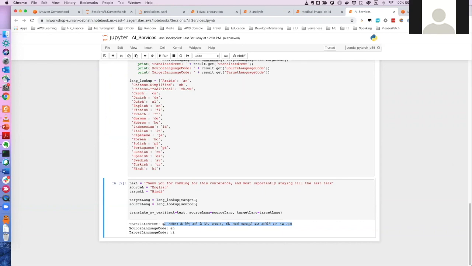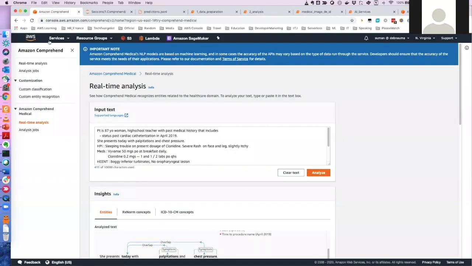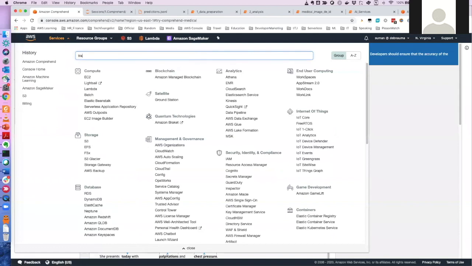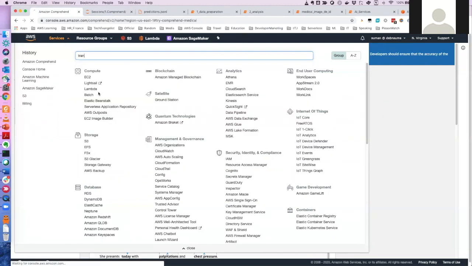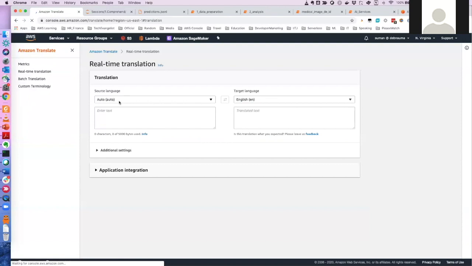Hello. Does this translator service give a facility to train a translation model? No, Translate is an AI service. Most of the AI based services, you don't. Let me show you that. You can do a little bit of tuning and a few of those things, but with these AI based services you are not entitled to do the training, because that is not the objective. If you want to do that, then use SageMaker, where you will come up with your own data set, own labels and own algorithm. You can use any of the machine learning algorithms and then use it. Okay.